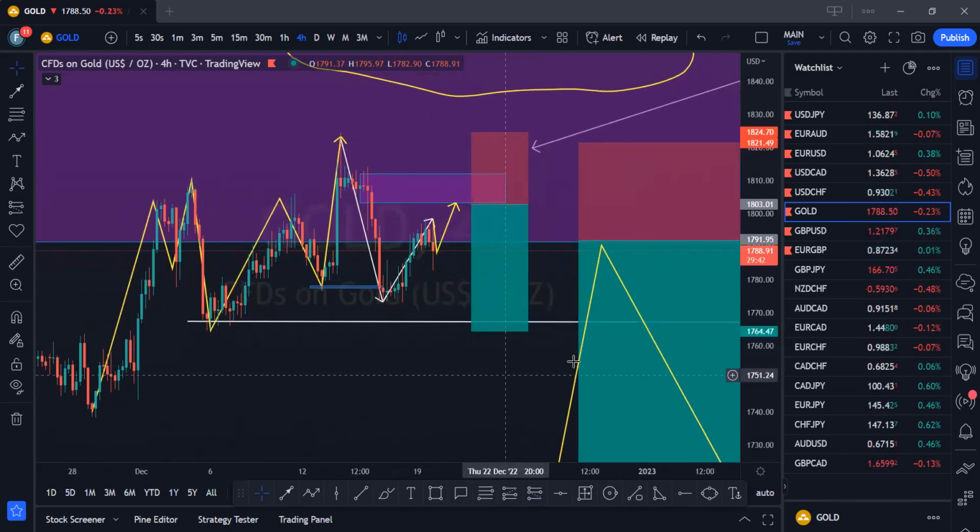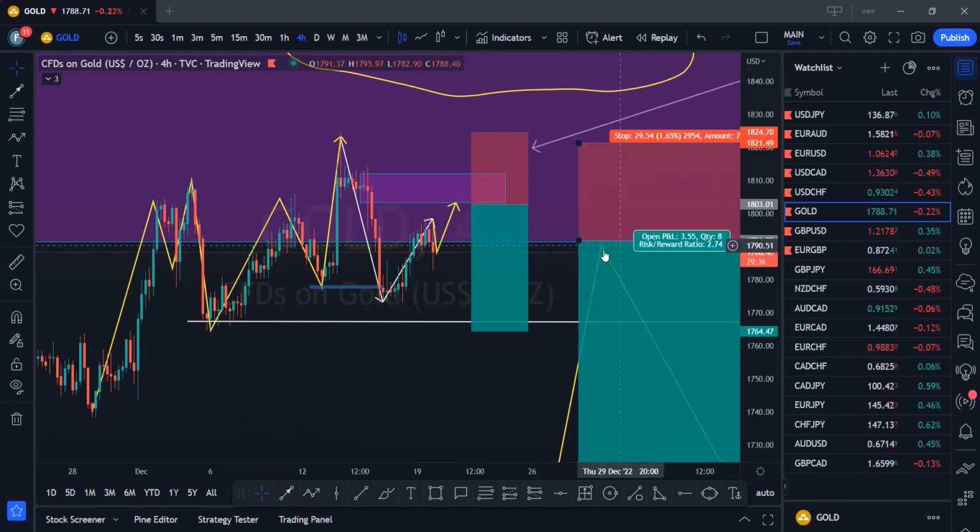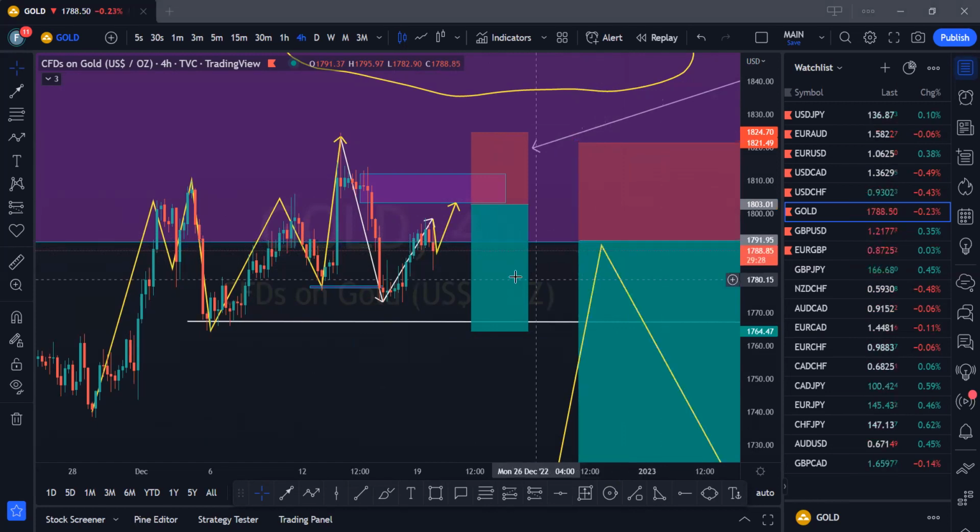If that break happens for any reason, we should still expect retracement into this supply. All right, so when this happens, you take another second entry in that trade. Okay, so that's what we have on gold. Nothing spectacular yet on gold. Okay, so maybe this move might happen tomorrow or Wednesday. Okay, so let us check out